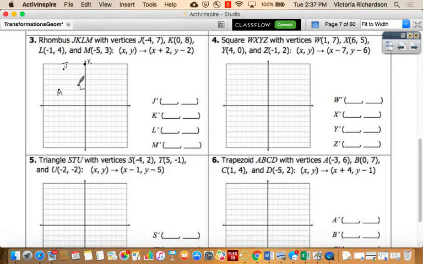And we're going to connect the dots and make our figure. Don't forget to use a ruler. Now we are going to move that. We're going to change every X value and add 2, and we're going to change every Y value and subtract 2. So if I take my first point J, which is -4, +7, and I add 2 to the X